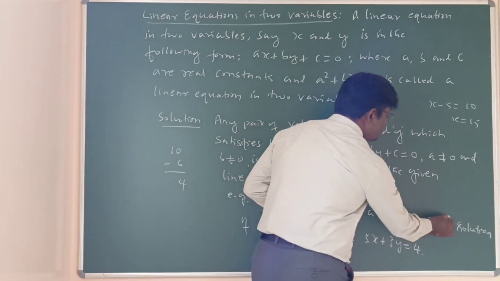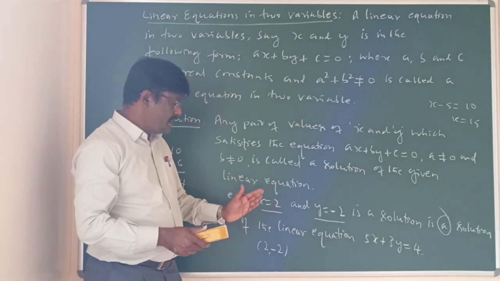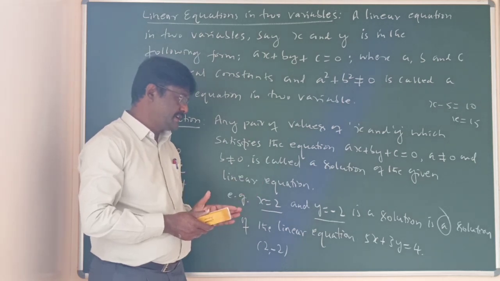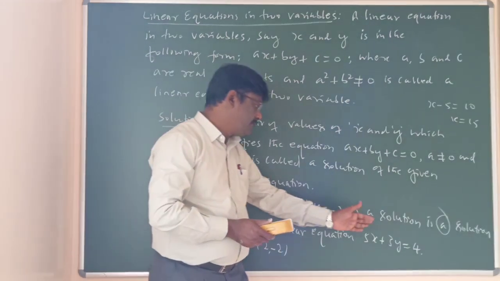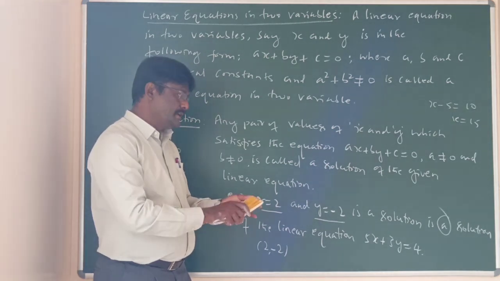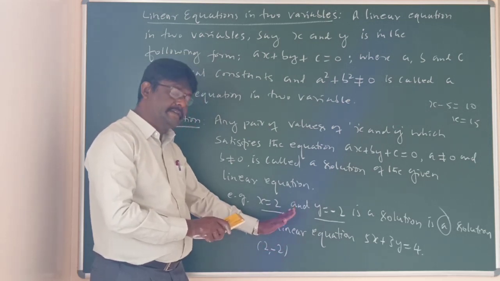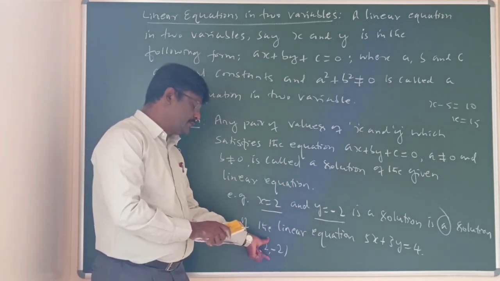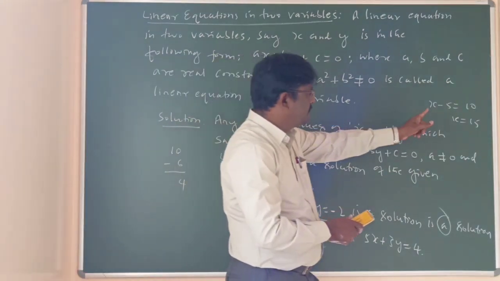Look at what a solution means: there are many. One pair is this. Follow that. I will give a fraction of a second, just think over it. Is it possible to get another pair of values of x and y which, if we substitute, we must get 4, other than 2 and minus 2? In the case of a linear equation in two variables, the solution is not unique. We will have many, whereas here it is unique.